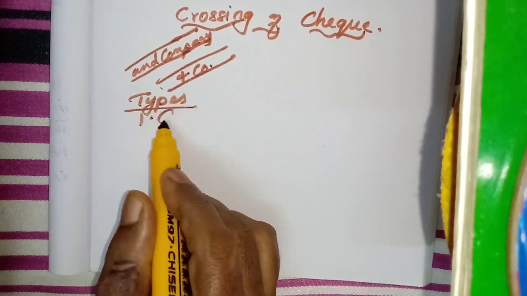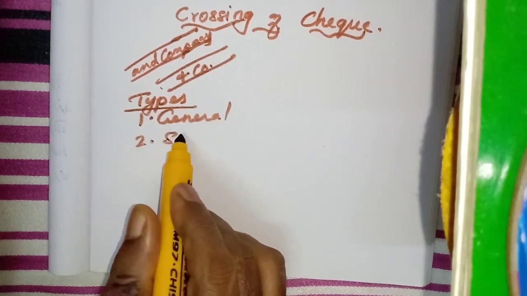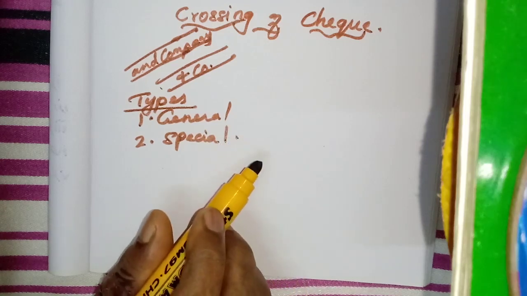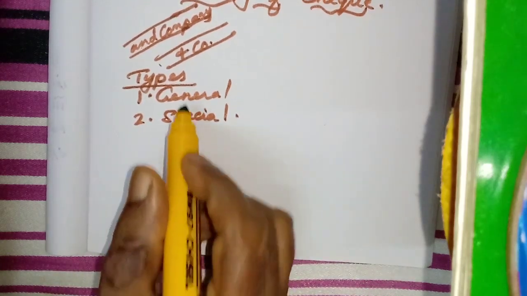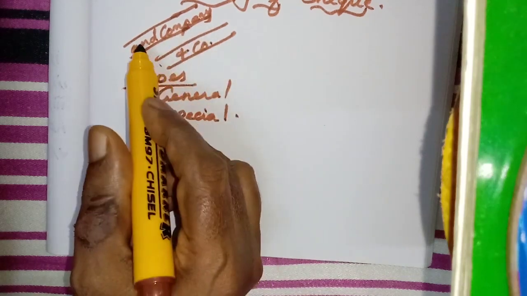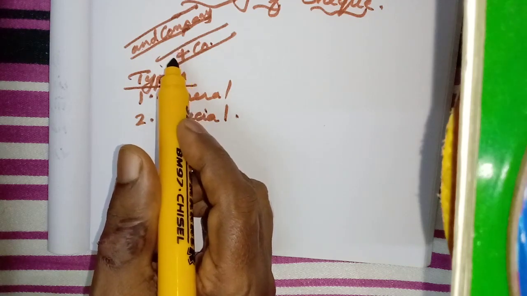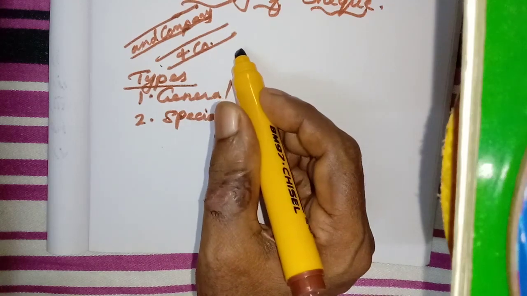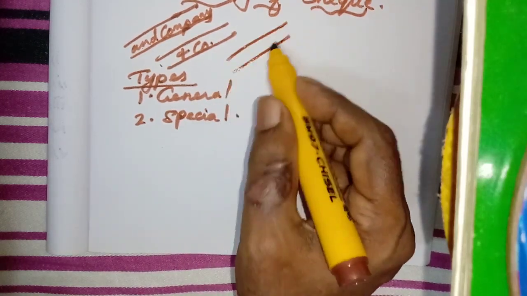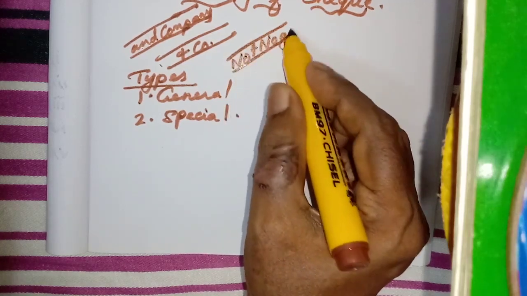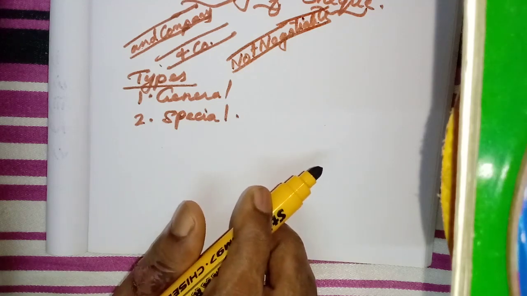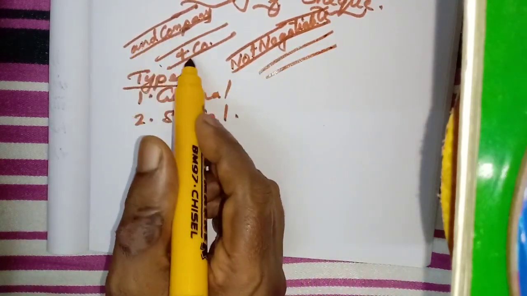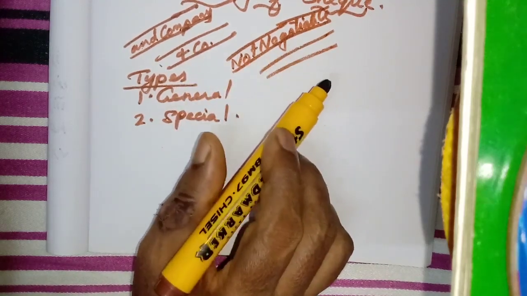One is general crossing, another one special crossing. Here, first we will learn about the general crossing. What they will do, this general crossing means the same thing, this one. They will draw two parallel lines, either the words 'and company' or the abbreviation of these words will be given. Then sometimes the words 'not negotiable' will be there. So this is called general crossing. Simply either only the two transverse lines, or 'and company' or 'and co', or the words 'not negotiable.' If we draw this one,